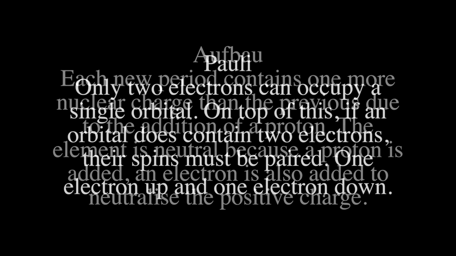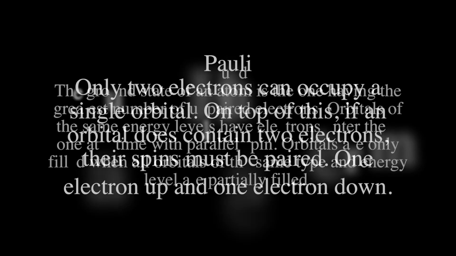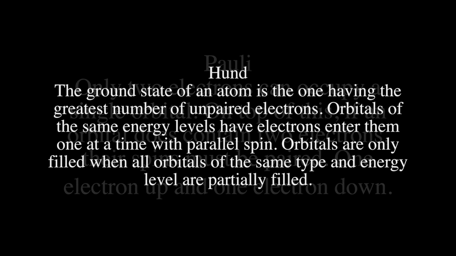The second principle is Pauli exclusion. This principle states that only 2 electrons can occupy a single orbital. On top of this, if an orbital does contain 2 electrons, their spin must be paired, 1 electron up and 1 electron down. The third and final principle is Hund's rule,